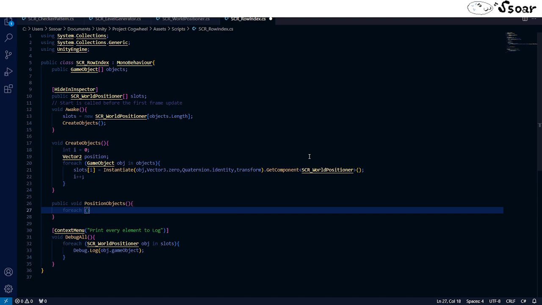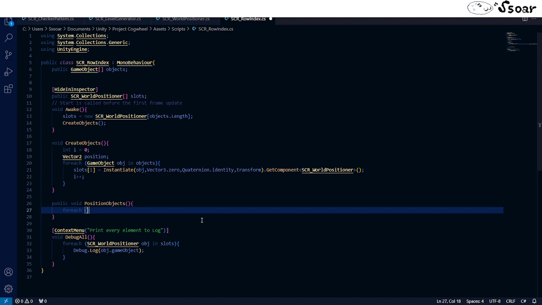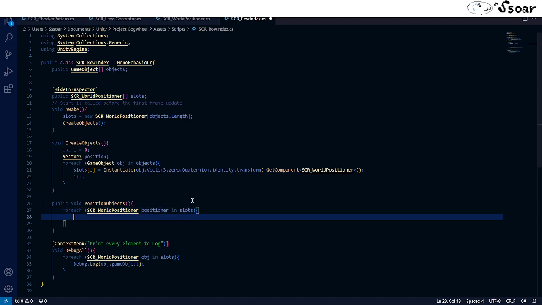How come this works actually? Oh, because this is an object. Yeah, for each script world positioner in the slots array, do this. Calculate the position. Which position should we go in? We want to